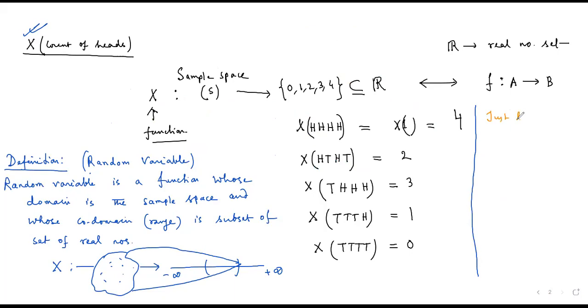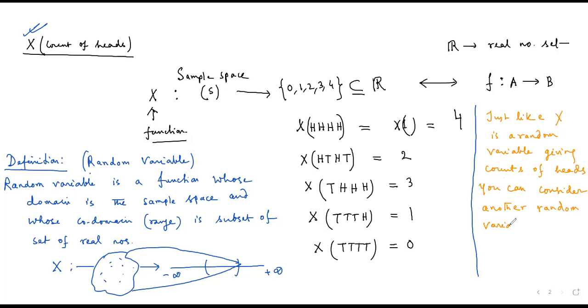Just like X is a random variable giving counts of heads, you can consider another random variable Y giving the count of tails,